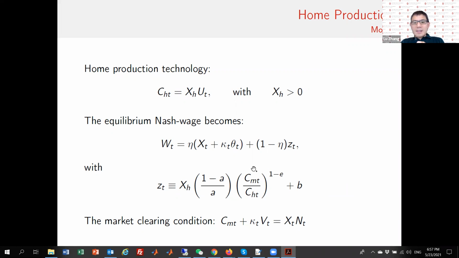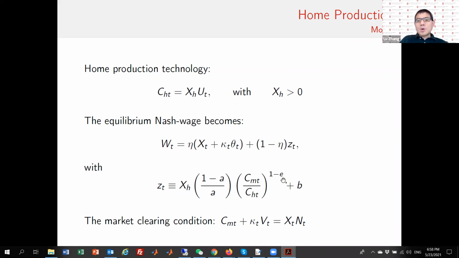First of all, in the model, the ratio of market consumption divided by home consumption is large. It's 15 or so. So basically the household consumes a small percentage of home goods, and most of the consumption is still market goods. All right. So some home goods have some appeal, they diversify my tastes, right? So if my tastes are a bit diversified, home goods are valuable, even though they are not the major component in my consumption bundle.